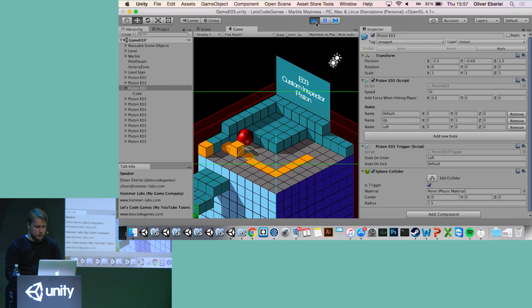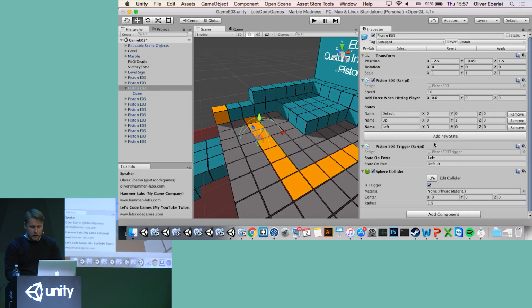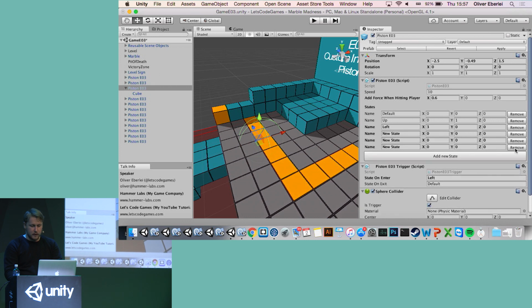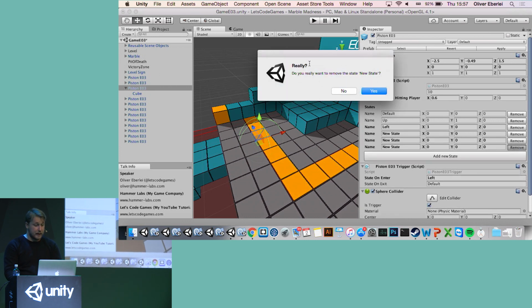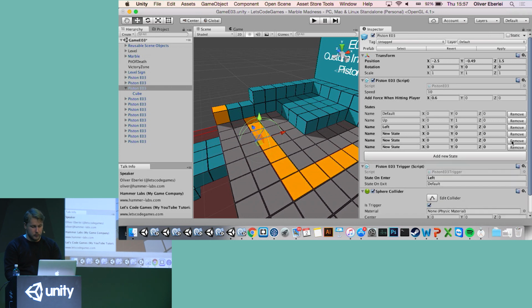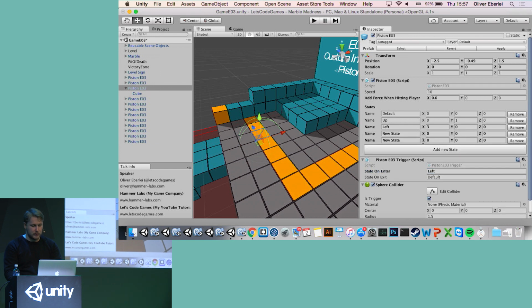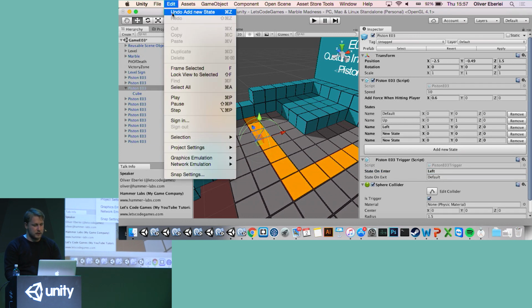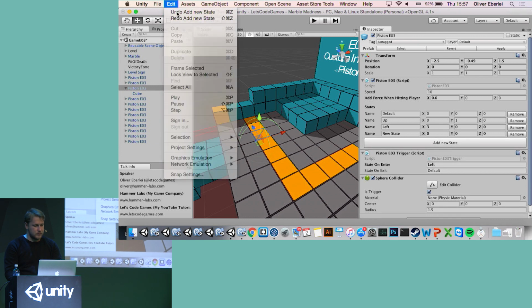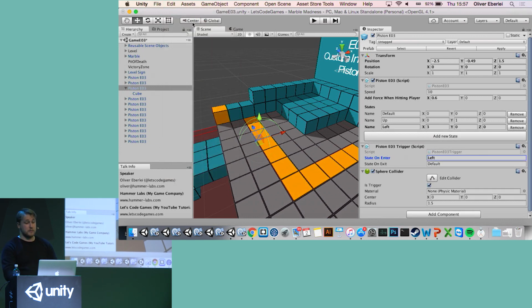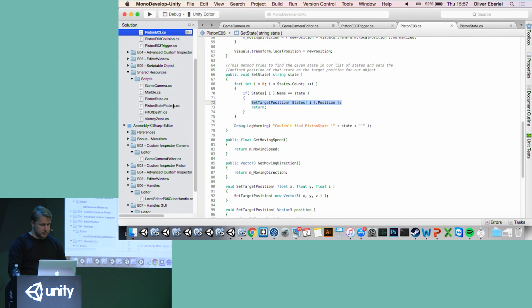You can see here it moves while the camera is tilted, so left has a new meaning here. But you can see it now moves to the side. So I created this new state. And I can add a bunch of new states here. I can remove them again. I get asked if I really want to remove them. If I do, and now here you can see I'm pressing Control Z, so the undo functionality works here, and you can see undo add new state. This is something you can do. So this is the custom inspector for the Piston script. Let's look at how this works.